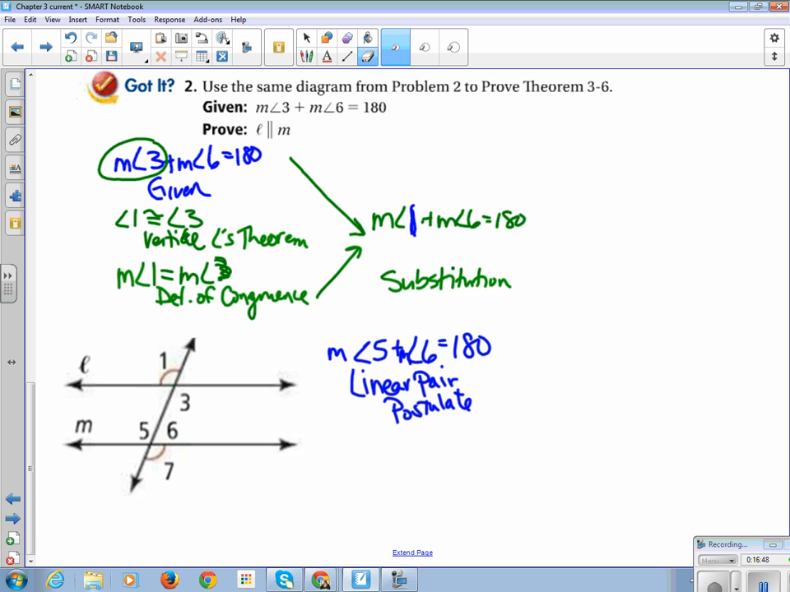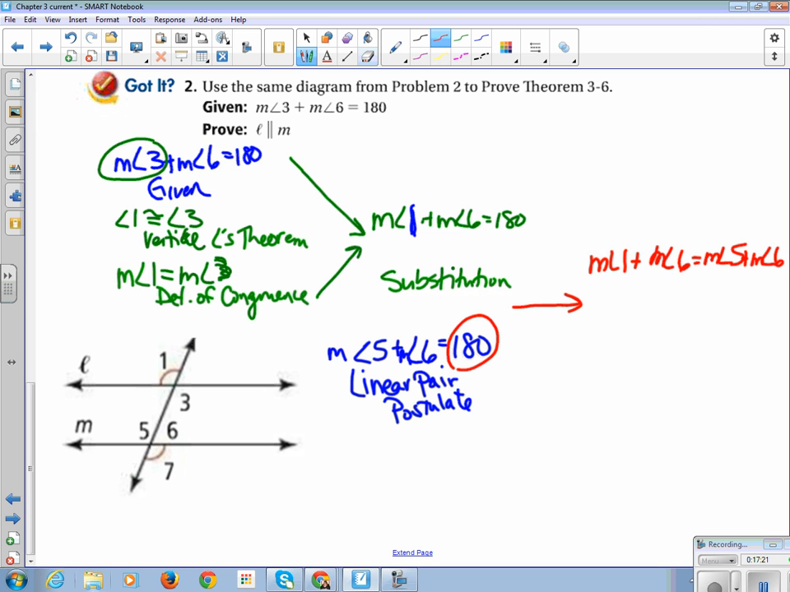All right. So let's combine these two together. Is this the only way to do this? No. There's a bunch of different ways to do this. So we're going to flow this into here. And we're going to say, because both of these are equal to 180, we can say that the measure of angle 1 plus the measure of angle 6 is equal to the measure of angle 5 plus the measure of angle 6. So we can say, since they're both equal to 180,